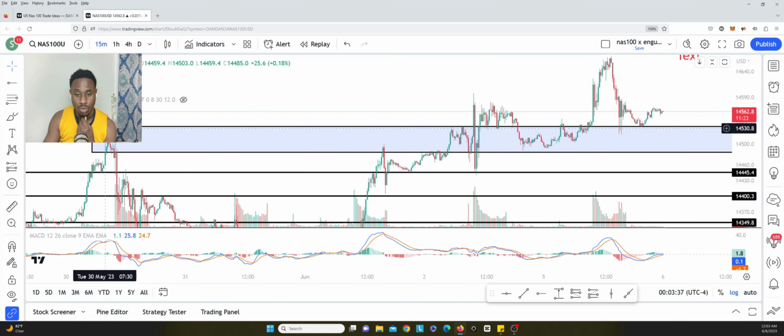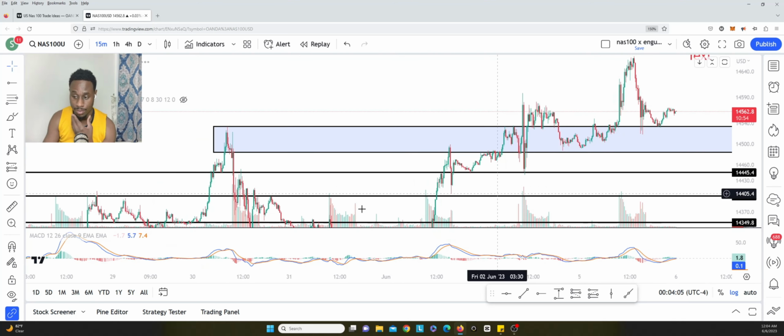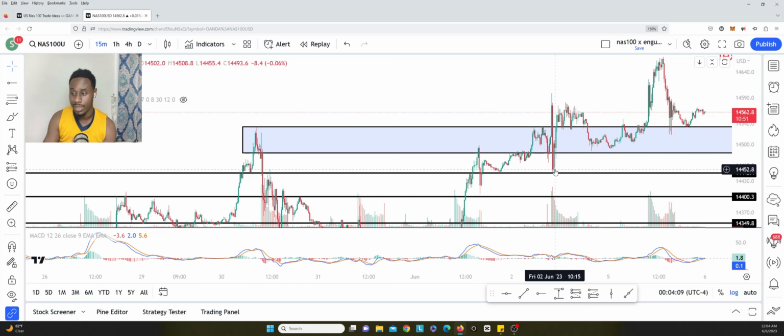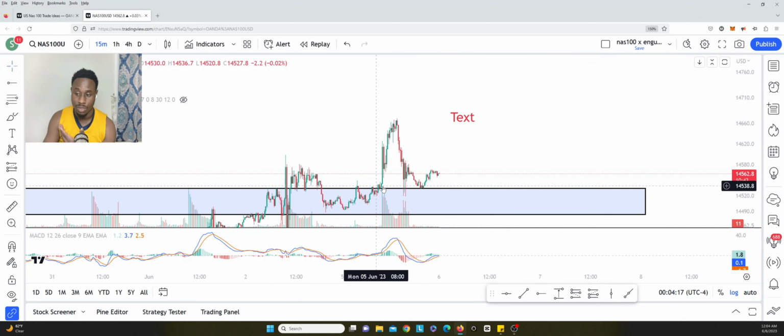I actually drew it from the high, from a really big push down to the top of a low, right? Before that real gap down. So that can be your entire zone, because you know that you're expecting that the banks are playing at that level. Whether they're extremely selling at that level or buying heavily at that level, you know that zone is important, right? And that's what I'm seeing. This can even be an important zone, but I'm just focusing on one zone for now. And then you can see that the market definitely plays off of this zone.